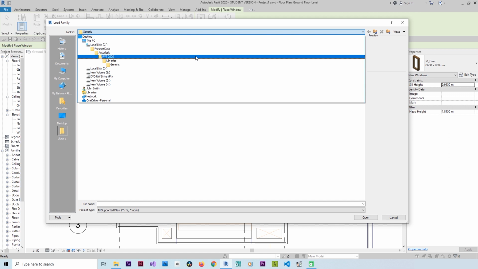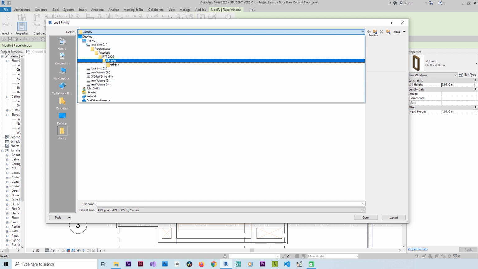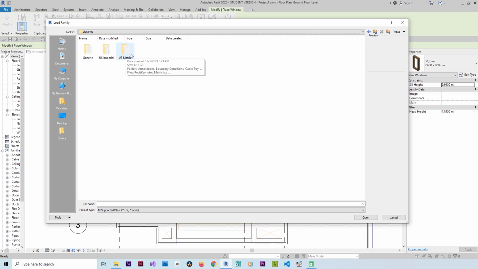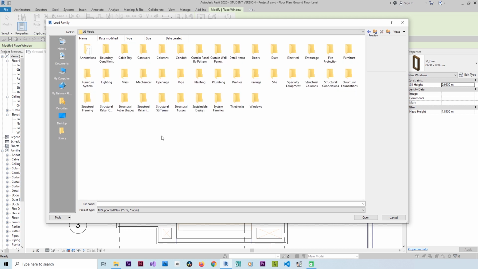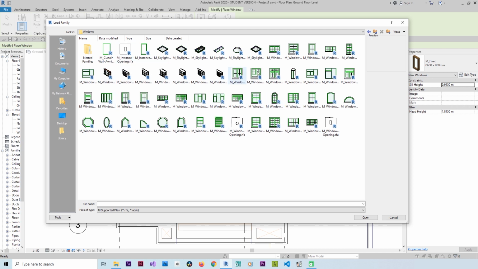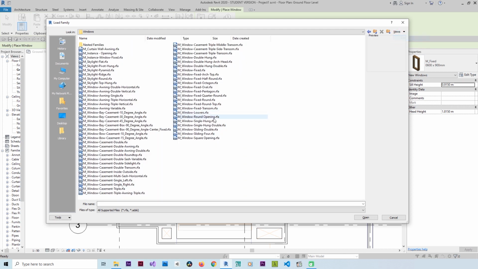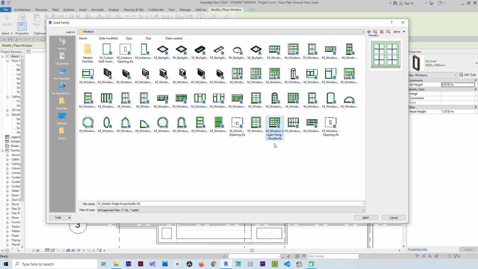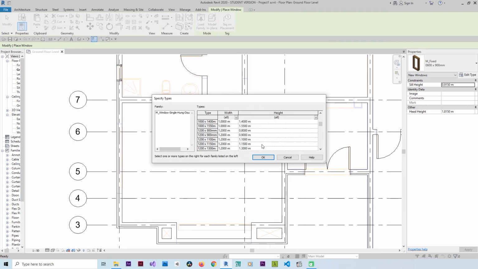I can go to Program Data, Autodesk, Revit, libraries, and I'm using US metric. I can now go to Windows, and I can select the style from here. A style like this is suitable, and I can select which style I will use. I can use 1.3 width,